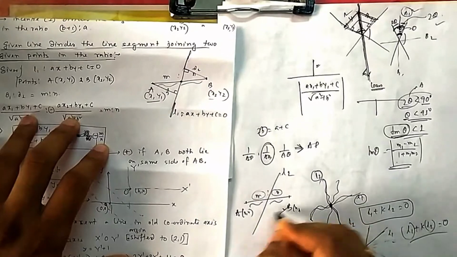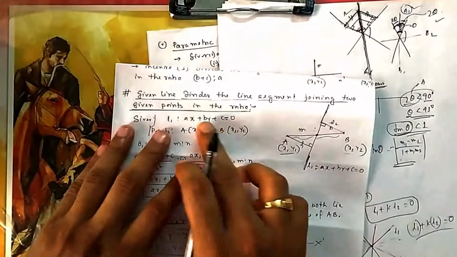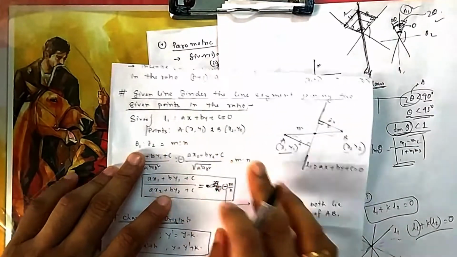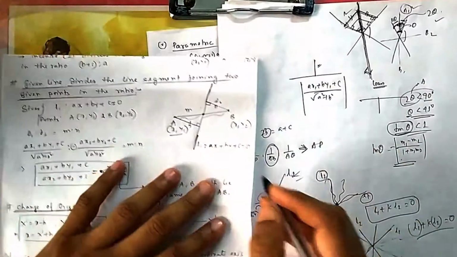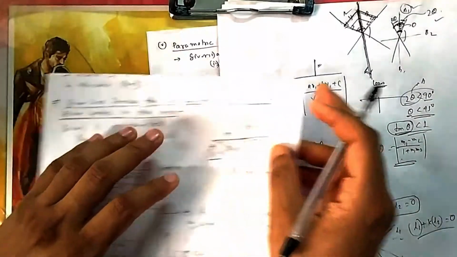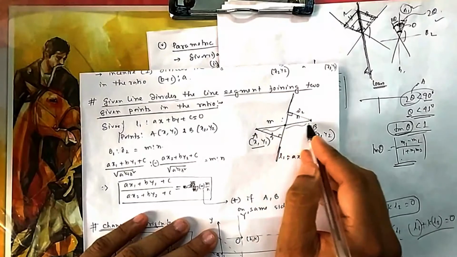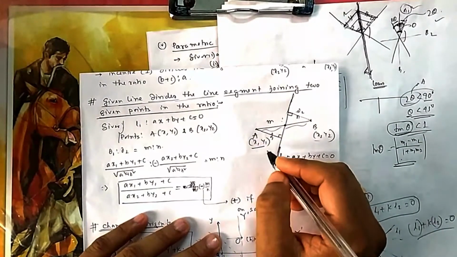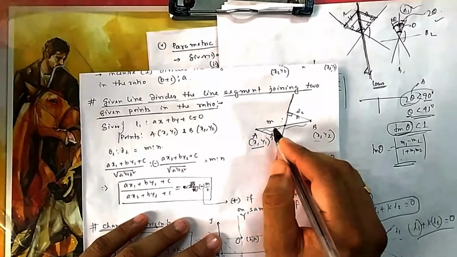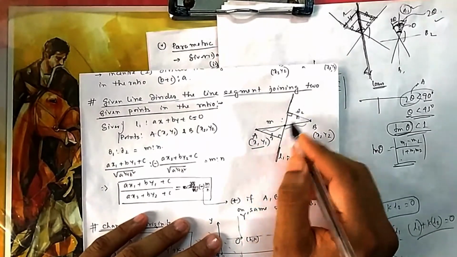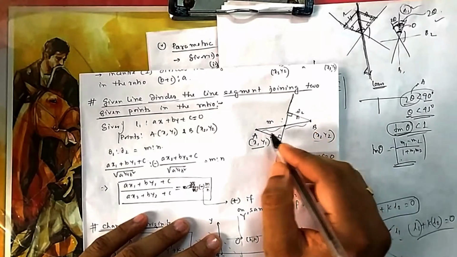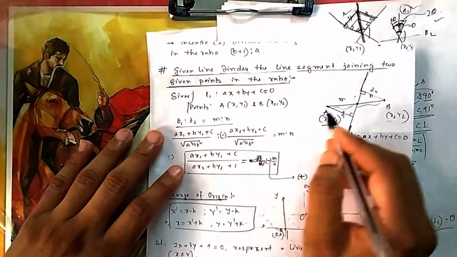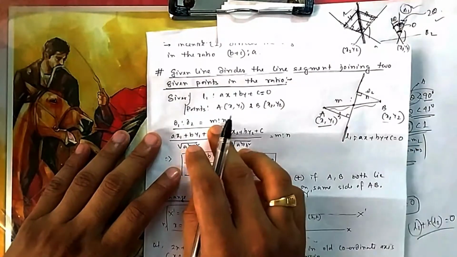So what is given to you? These 2 points and this line. 3 things are given to you. You need to find M is to N. This is not given to you, you need to find it. Now you see, if you draw a perpendicular from here to this line, and from here, and look at these two triangles, these angles are equal, this is 90 degrees, so this angle is also equal. So these are similar triangles, so the ratio will be the same. The ratio of these sides is the ratio of the distances also. So M is to N is nothing but the ratio of the distances D1 and D2. So you take the ratio between D1 and D2, that is equal to your required ratio, M is to N.